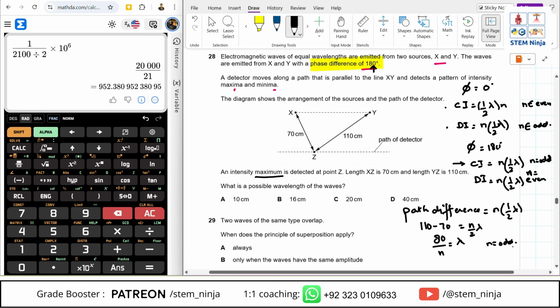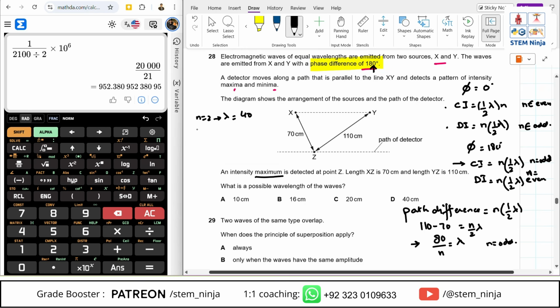If for example n is an even number, like 2 or 4, let's give it a trial run. So if n is equal to 2, lambda will come out to be 40,